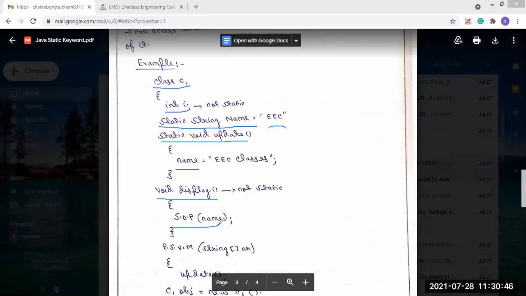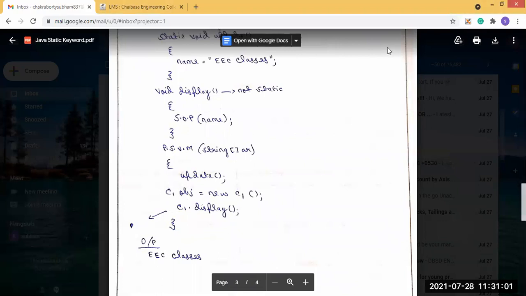That is why inside it is written System.out.println, and it will print the name. Now, public static void main, String args. Inside the main, you see we have directly used update. Now you see update is what?